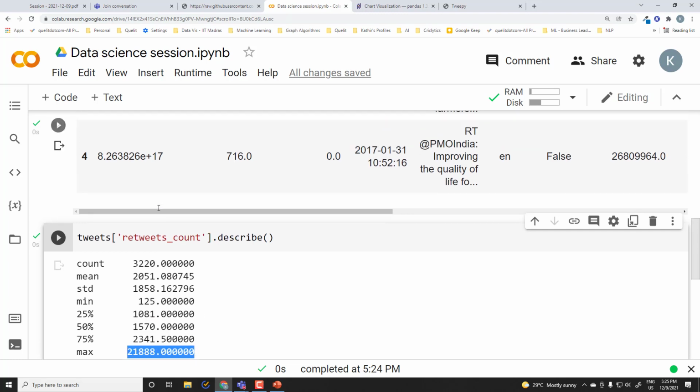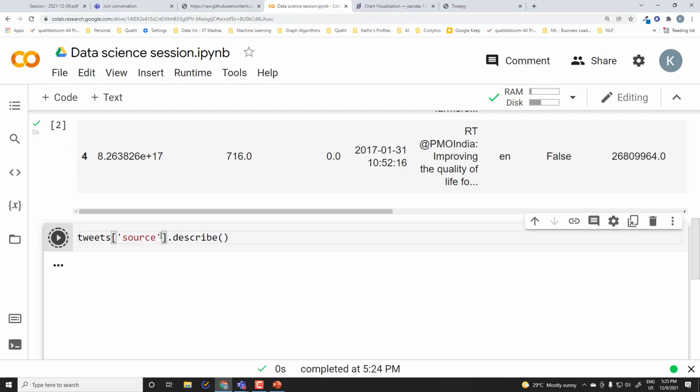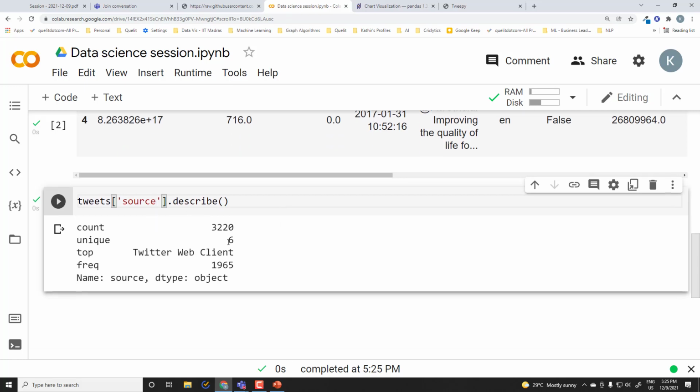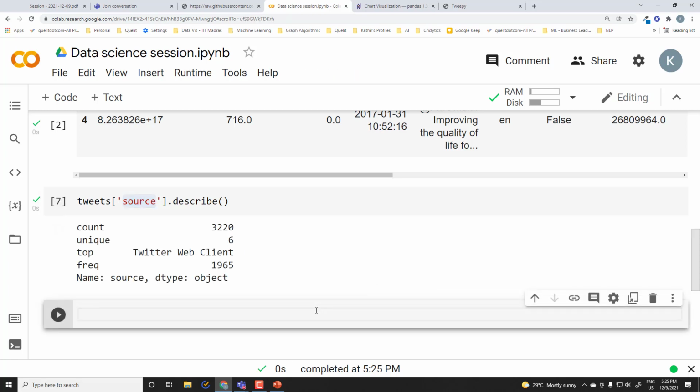Likewise, any column that you pick, let's say I want to pick a categorical column, source column. This column is categorical column, so it doesn't make sense to look at minimum or maximum value. So I look at how many unique values are there in this particular source column. So source column contains 6 unique values. What are those? We can check it out quickly.